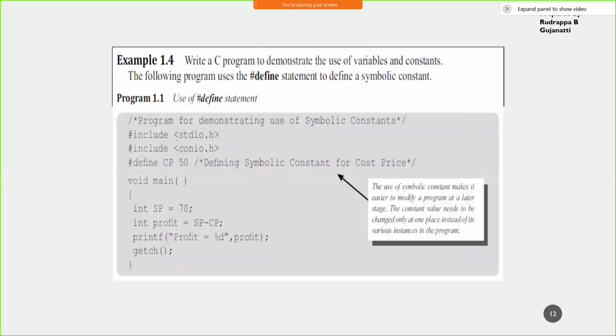Now here, this example we had discussed wherein they had used #define to declare a constant, which we can refer to as a symbolic constant. So we had discussed even pi. I can have #define pi and I can give the value of it in this form, and then I can utilize it.